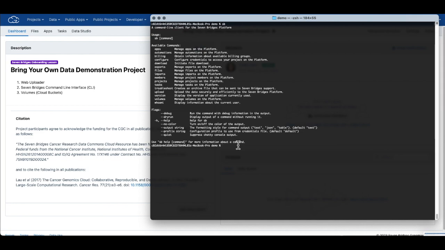So in the demo directory on my computer, I have a diagnostic tissue slide image that I downloaded from the Genomic Data Commons portal. Currently in the demonstration project, we just have the Jupyter Notebook file that we added earlier and nothing else. To upload this new file via the CLI, the base command is sb upload start, and that's going to be followed by